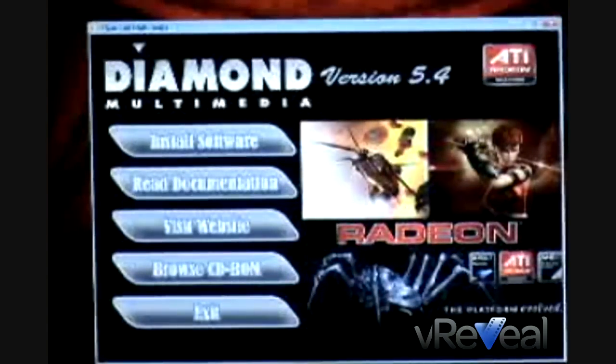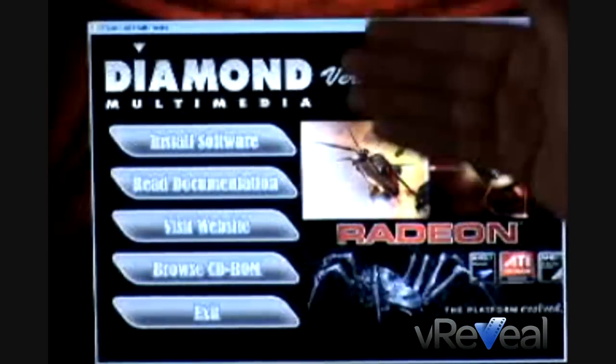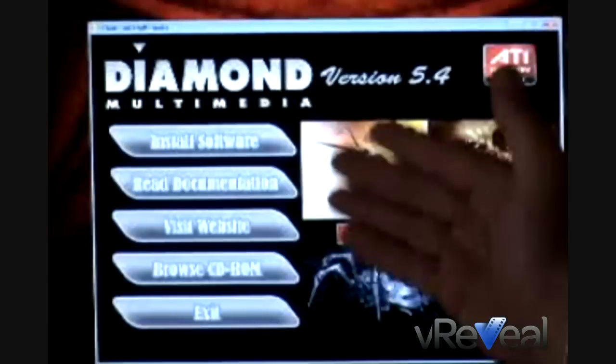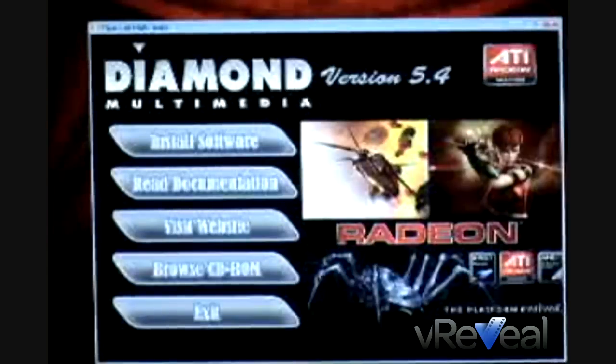After you place your driver disk inside the CD-ROM, it will auto run, and you'll be brought up to a screen which will give you options of different things you could do: install your software, read the documentation on the card itself, visit the Diamond website, or browse the CD. Plain and simple, it will guide you through everything once you click on one of your options. After you're installed, you'll be ready to configure your video